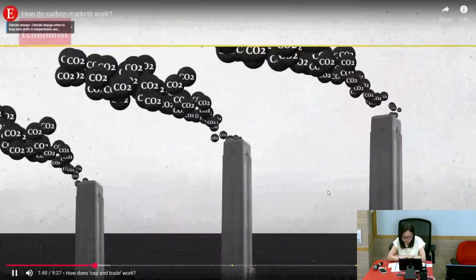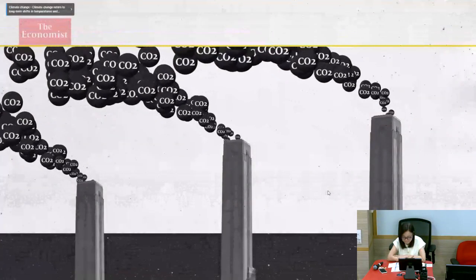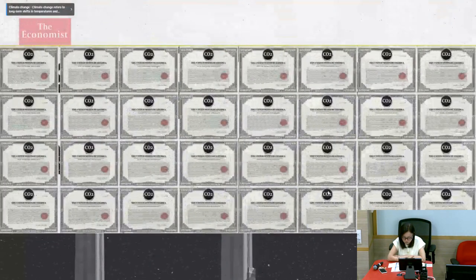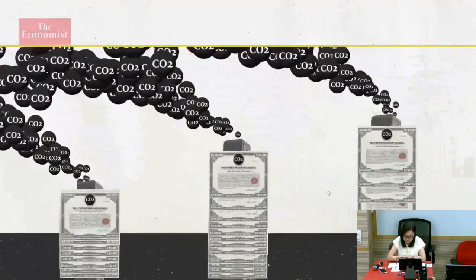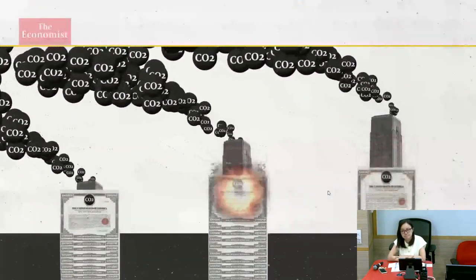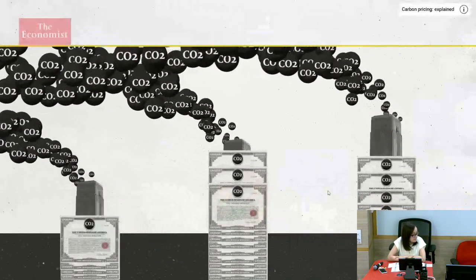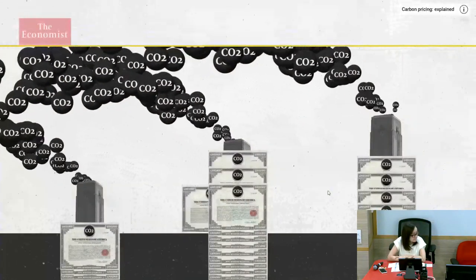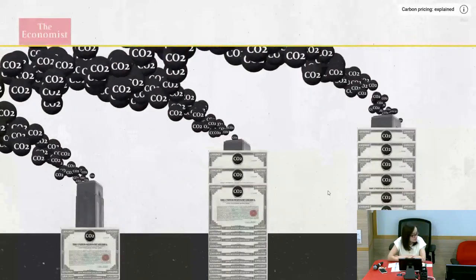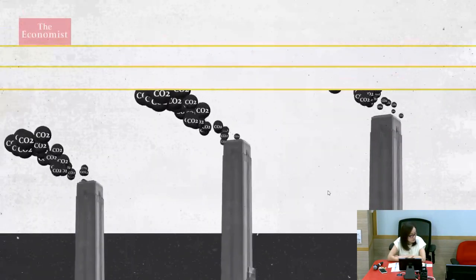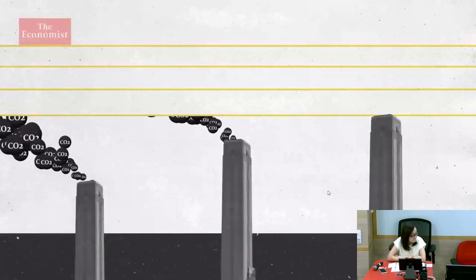A government sets a cap on the amount of CO2 that can be emitted by an industry. It splits the cap into permits and either gives or sells these permits to firms. If a company doesn't use up all of its allowance, it can sell what it doesn't need. If it needs more permits, it can buy them from those with spares. Each year, the cap gets stricter, and the shrinking pool of permits gets more expensive. The genius of